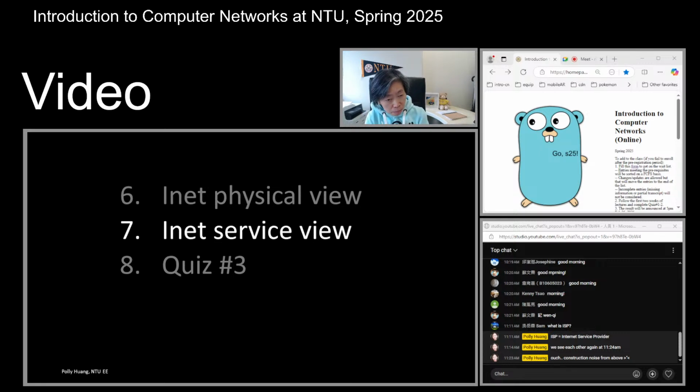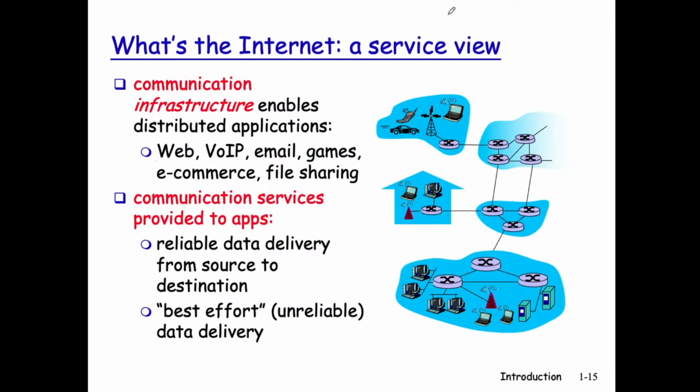Now we switch topic to talk about the internet, but this time the software side of it. We just finished talking about the physical side. Now, the INET service view. Let me explain what I mean by service view. We've learned the nuts and bolts composing the physical internet. That is the communication infrastructure that allows us to have these applications sitting at the very top in the first place. But the communication infrastructure on its own will not allow us to send data that freely.